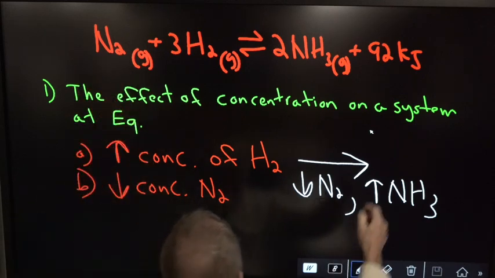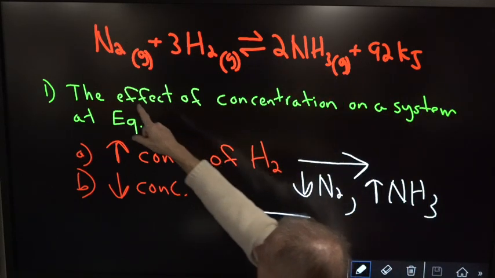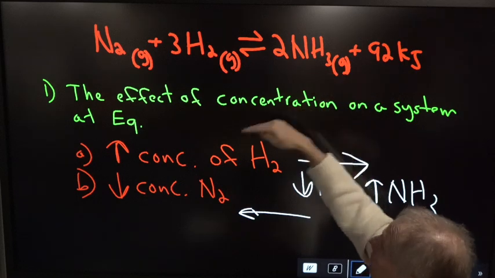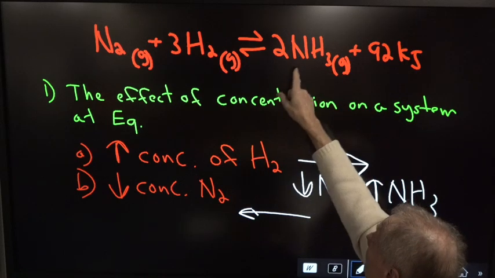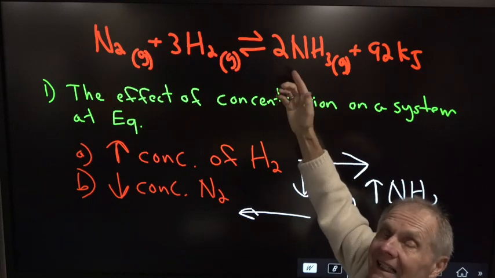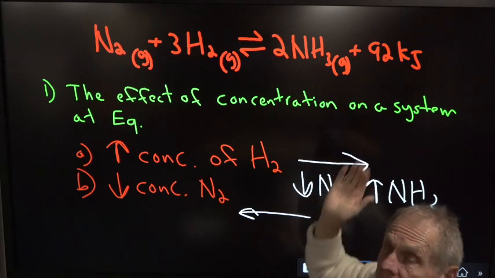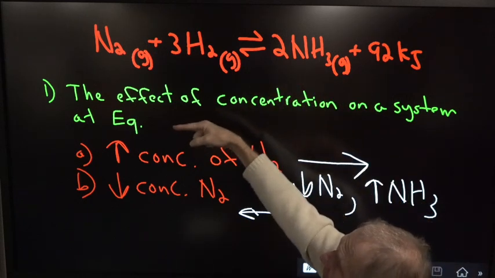So the reaction is going to fire this way, and since I cut that in half, this reaction will fire this way until NH3 goes from 2 to 1, and it keeps the same ratio. But let's see what happens to the other substances. If the reaction is firing to the left,